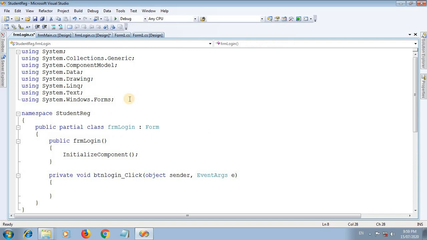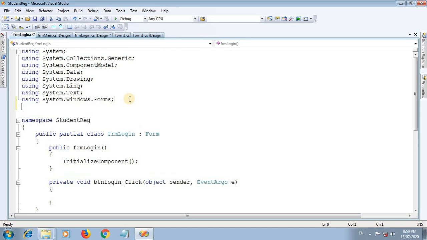For communicating with the SQL database, in this project I am using a SQL Server database. So I need to communicate with the SQL Server database. That's why I need an external library. First you need to import the library. In C# you can import a library by using the keyword using.